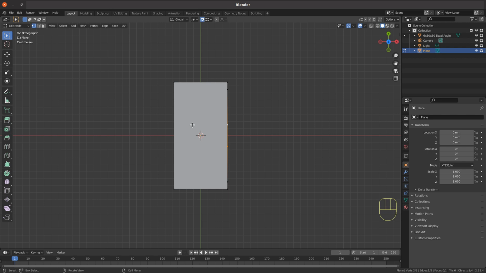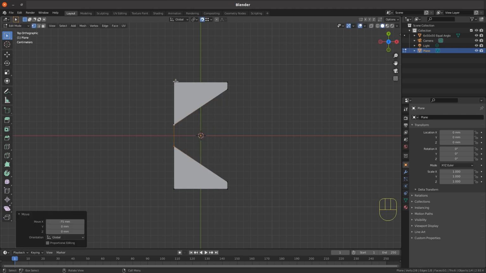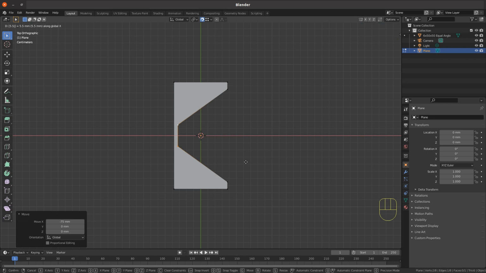So we'll grab the 2 vertices on the x-axis and snap them to the back edge. The thickness of the web is 5.5mm, so we'll grab them again on the x-axis and 5.5 on the keyboard,